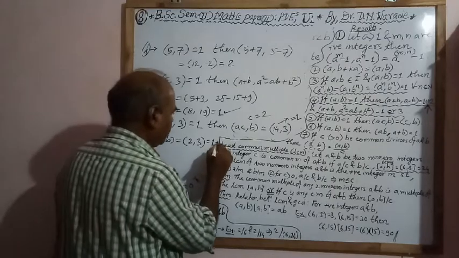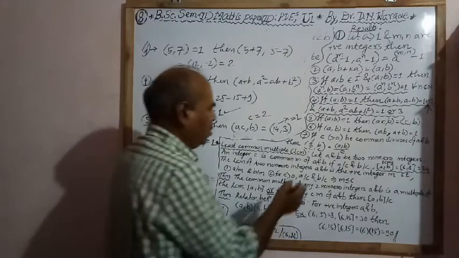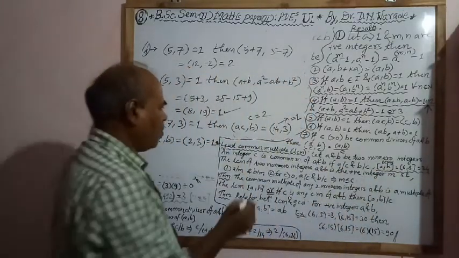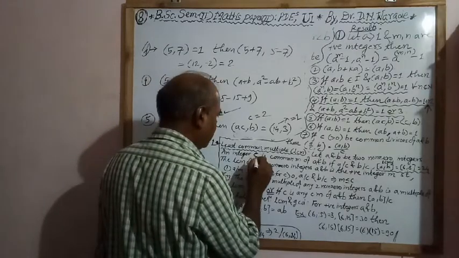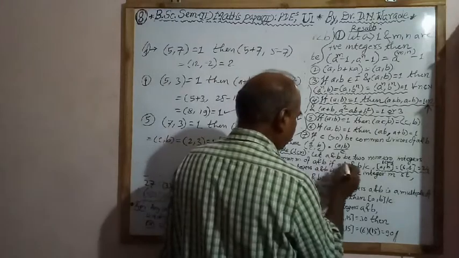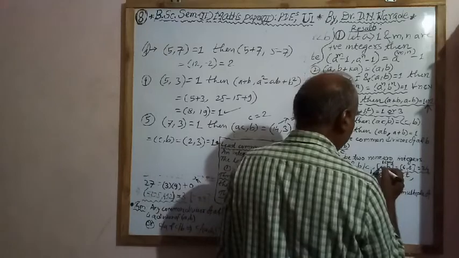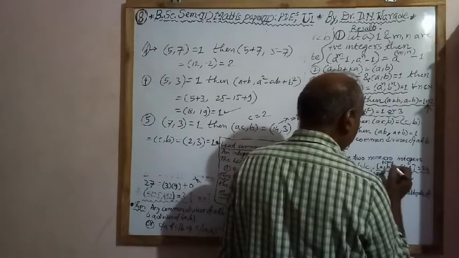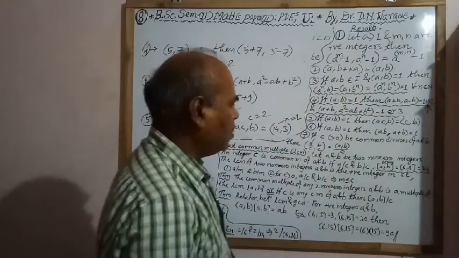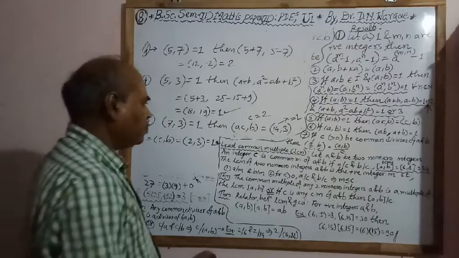Then we see the definition. Least common multiple, that is LCM. Let A and B be two non-zero integers, and an integer C is a common multiple of A and B if A divides C and B divides C. We denote LCM by these square brackets. LCM of A, B, for example if we take 6 and 8, then we get the LCM equal to 24.